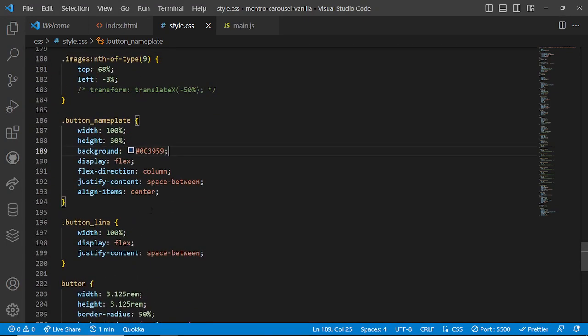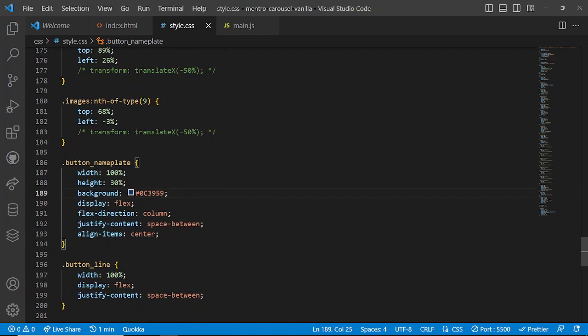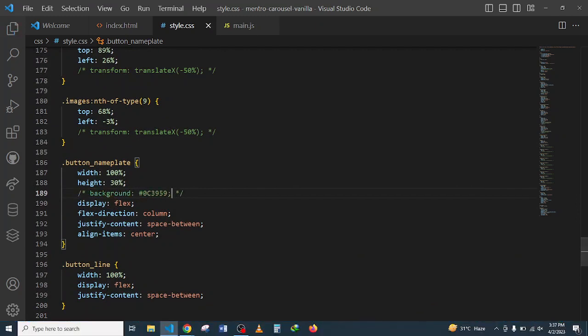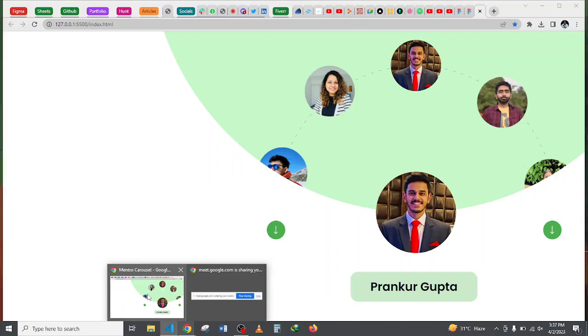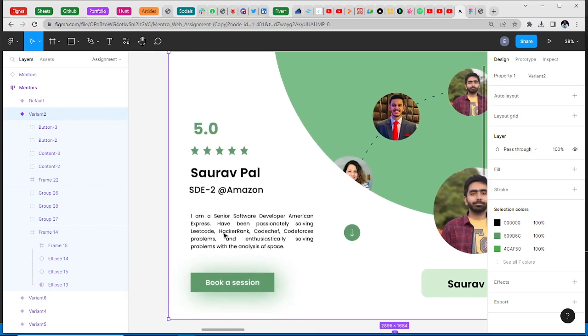I need to comment out something. It's down here. With that, we're done with the UI for image section, and now we're going to text section. So a quick look at text section, and we see